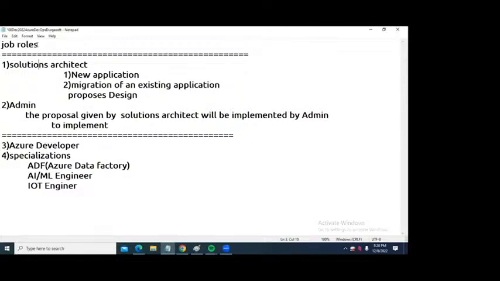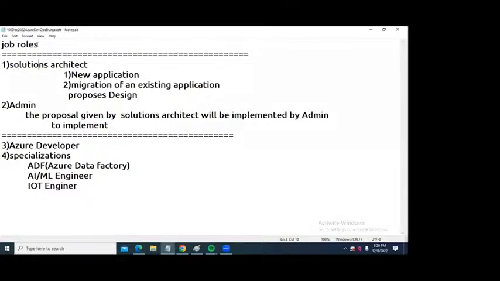Now, writing the solutions architect exam, AZ-104, 305, 304, is different. Becoming a solutions architect is different. Remember. Is my voice clear? Yes, sir. Writing the solutions architect examination is different, and becoming a solutions architect in reality is different.